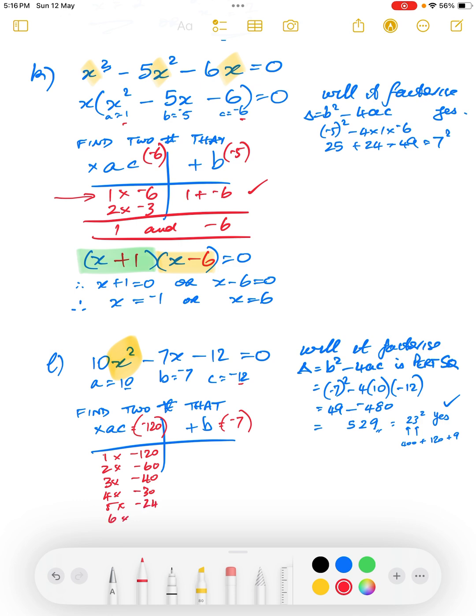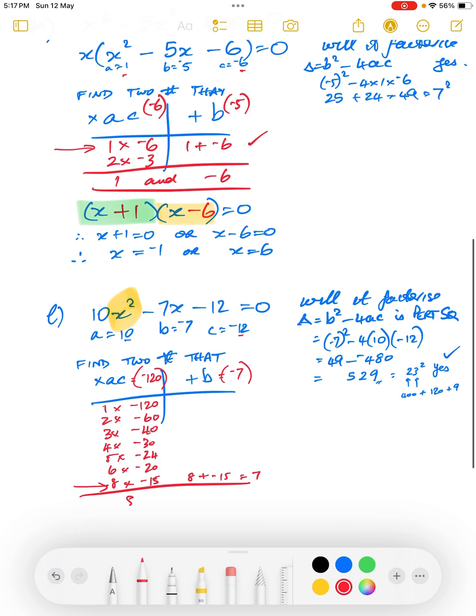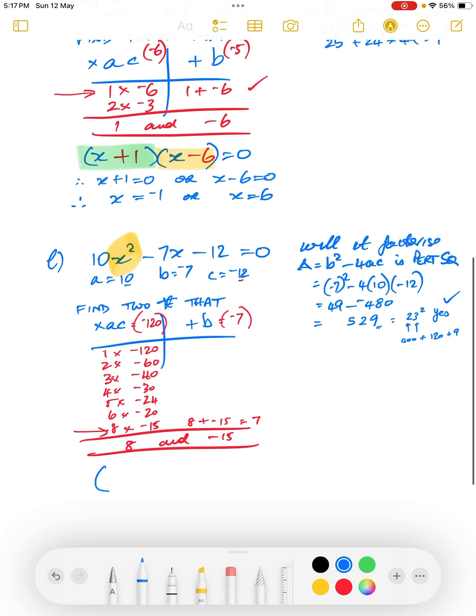6 times negative 20, there's a lot of them, right? 7, 8, just 8, yes. 8 times negative 15. All right, we could stop here because 8 and negative 15 is equal to negative 7. So we found our two numbers, that be 8 and negative 15. So what I like doing here is putting the two brackets, and because a is not 1,